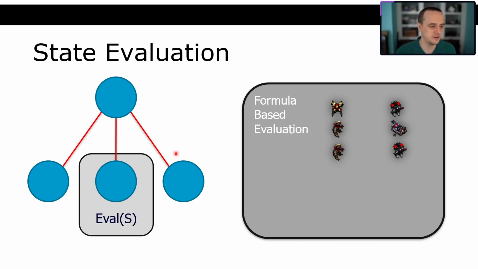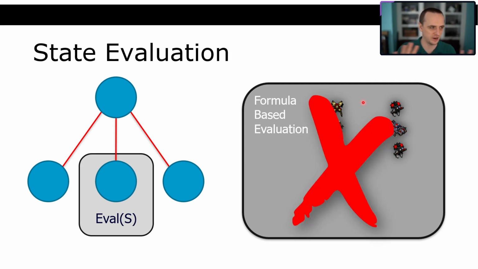And what we did was we did a formula-based evaluation, which worked okay, right? We added up, we had this formula based on the amount of damage a unit could do, the amount of hit points that it had remaining. But like a Dragoon versus a tank, that's a hard formula to come up with. And so we said, no, okay, we're not going to go with that. We did some experiments and they worked okay, but not well enough that we wanted to go forward with them.